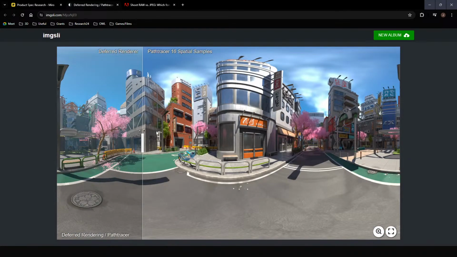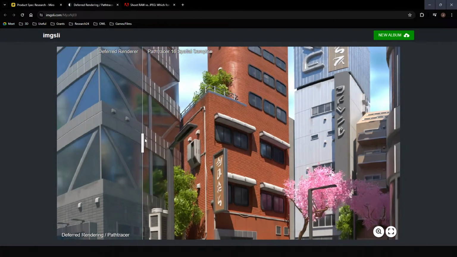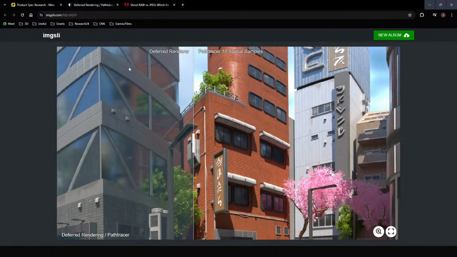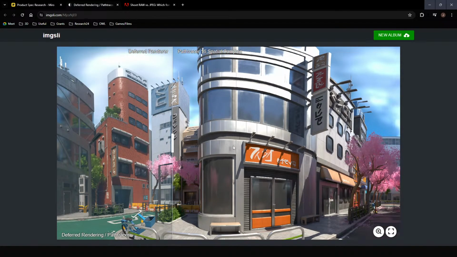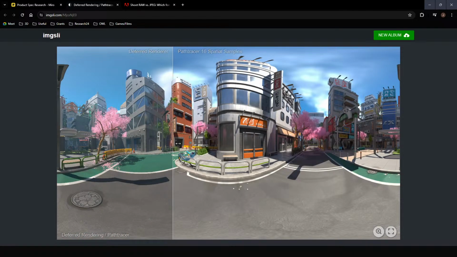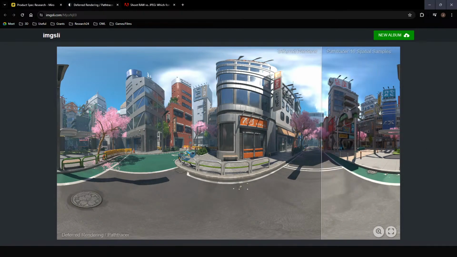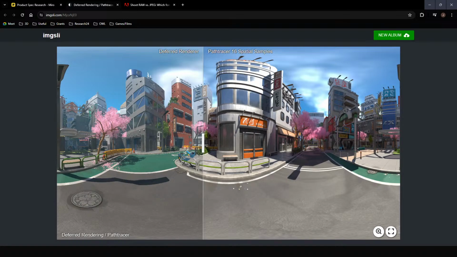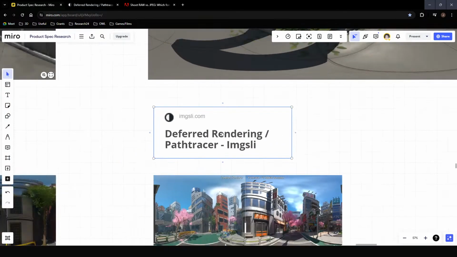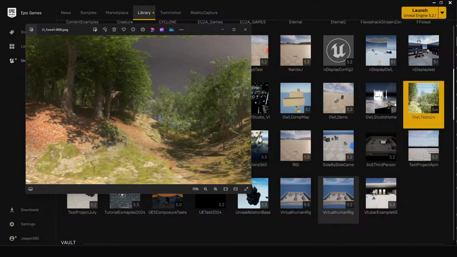But there's certain things where if you are getting a really annoying seam and you don't know how to fix it, you can't change it with camera angles or certain settings, then we do always have the Path Tracer option. And Path Tracer in general seems really good for not having seams. So the Path Tracer for this one, for the woodland,